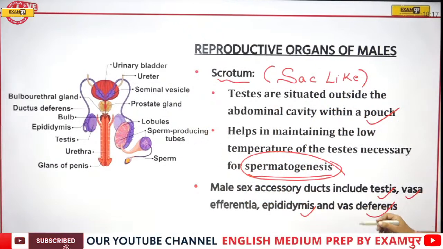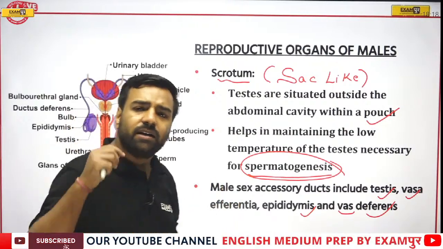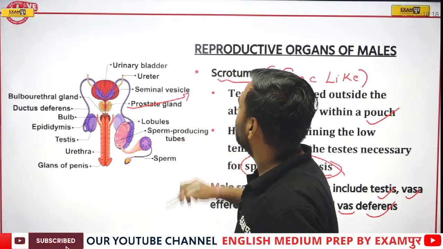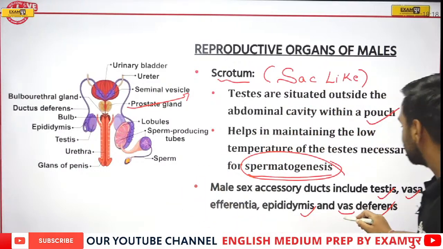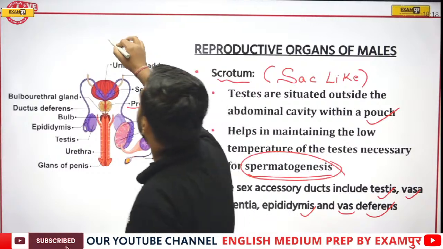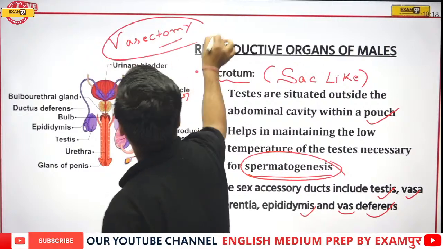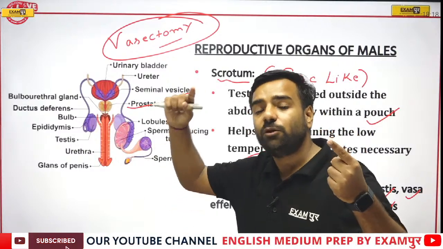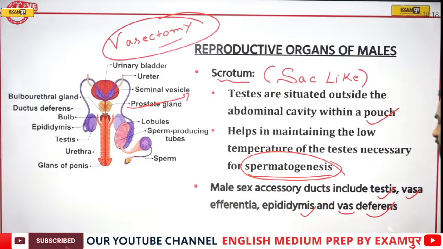Now, if I talk about this vas deferens, from this word vas itself, you can relate one more thing. When we talk about the cutting of a part where we actually tie it with a nylon thread so that sperms don't pass through it, this process is known as vasectomy. Why is it known as vasectomy? Because the word vas is derived from it. We can directly write, vasectomy prevents the sperms from coming out of the body. Fine. So yes, in the females, we call that tubectomy because the fallopian tube was actually tied. Here we are talking about vasectomy because here we are talking about the vas deferens. So yes, this was the point.